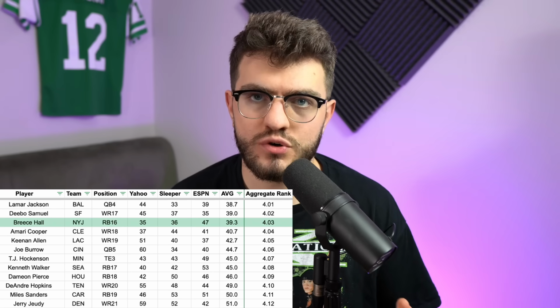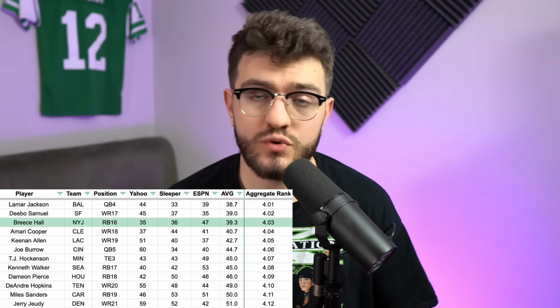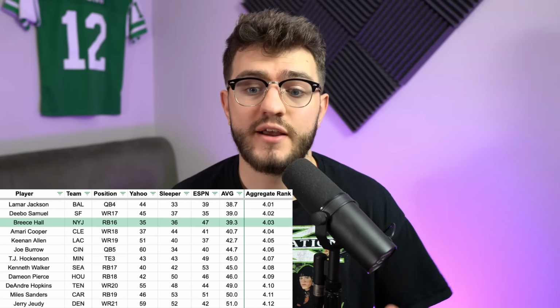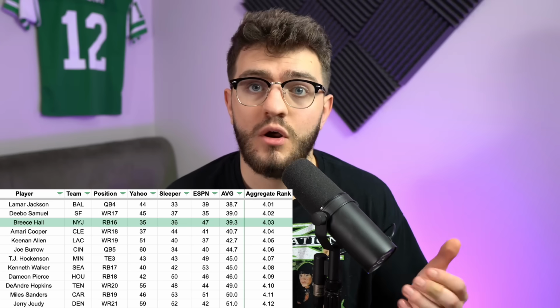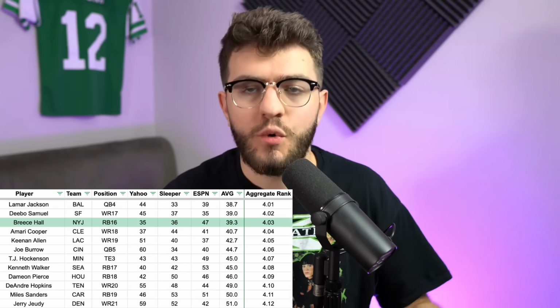Now he gets to be in the Aaron Jones role in this Aaron Rodgers offense with Nathaniel Hackett here. Aaron Jones had a couple of top 5 finishes while splitting a lot of work with Jamaal Williams. I imagine sort of a similar split here with Dalvin Cook. Dalvin Cook doesn't completely take away the upside here.